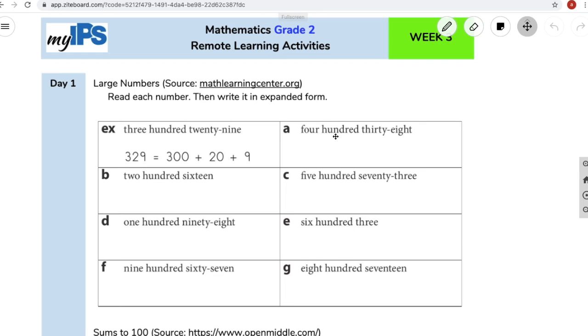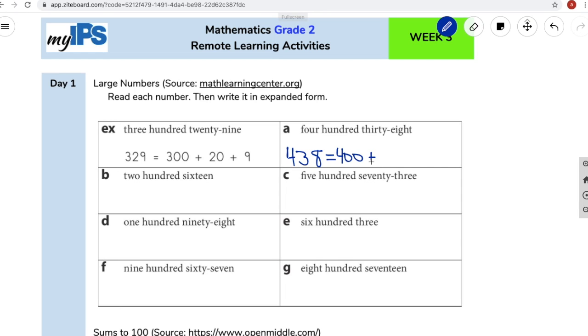So we have 438. So we're going to go ahead and write that 438. So we just write that in standard form. Standard form is how we write it every day. 438. Now we're going to write it in expanded form. 400. Remember, expanded form, you write it how you say it. 400